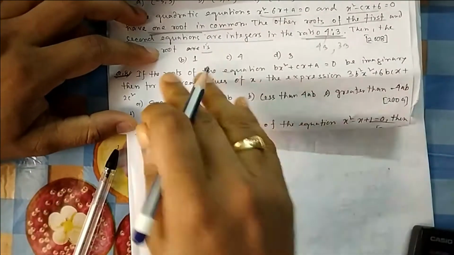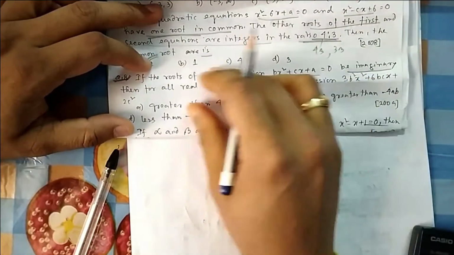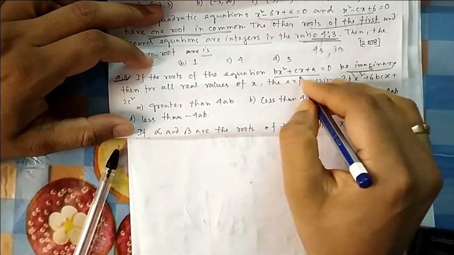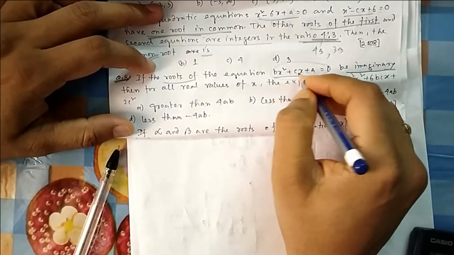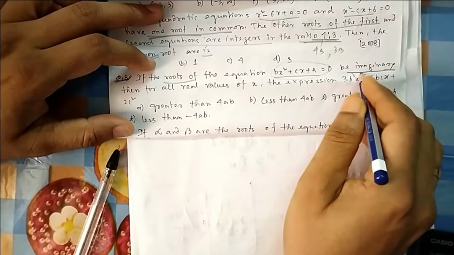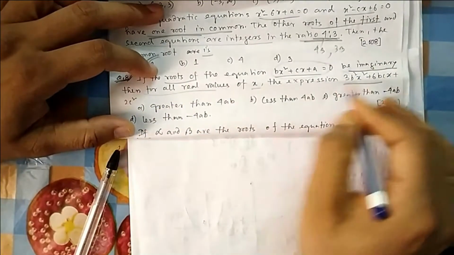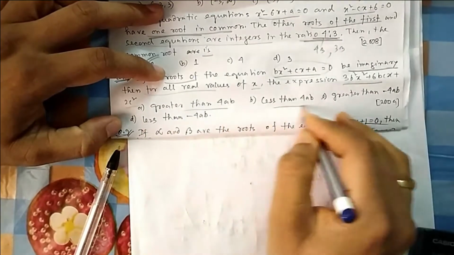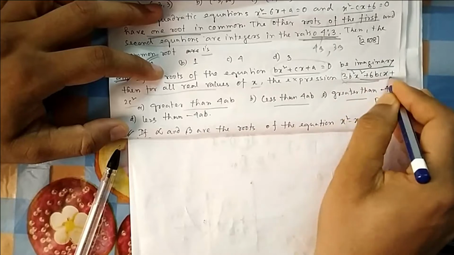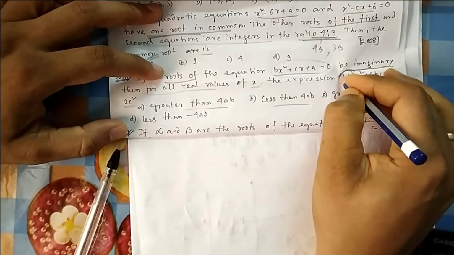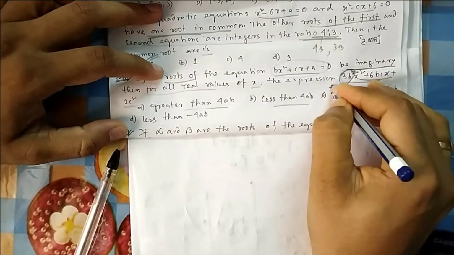If the roots of the quadratic equation be imaginary, so you think this one, this is the first line: imaginary roots. So when you read this line the first time, imaginary means this quadratic equation's discriminant should be less than 0. That's what they have given in the first line. Then for all the values of x, the expression is greater than this, less than this, minimum this or this. Now you see this is a quadratic expression because it is squared. And what is the value of a? A is here 3b square. 3b square, because it is a square, means it is always positive.